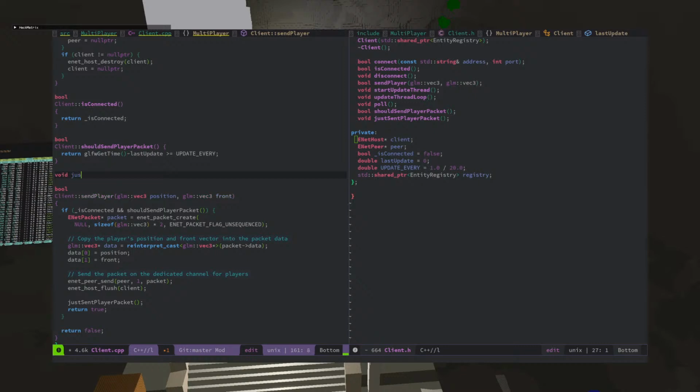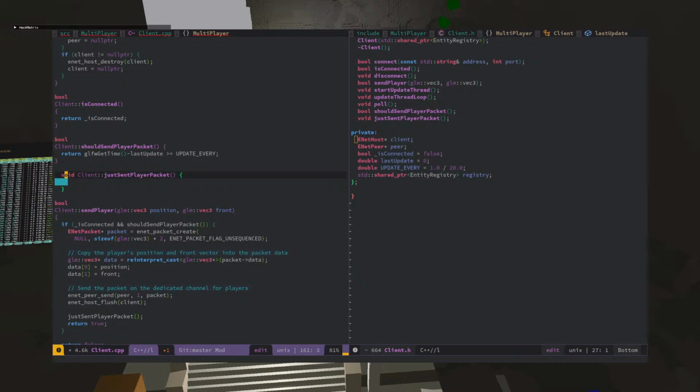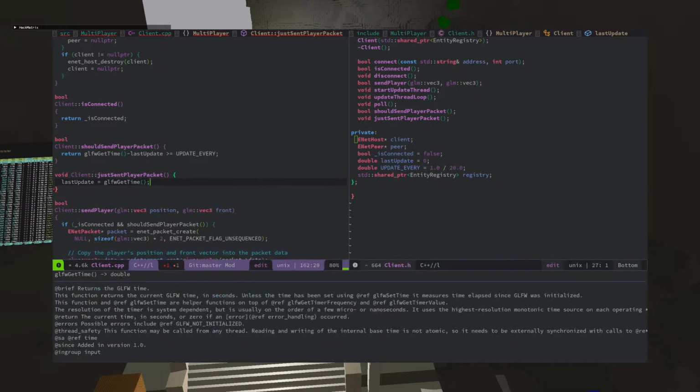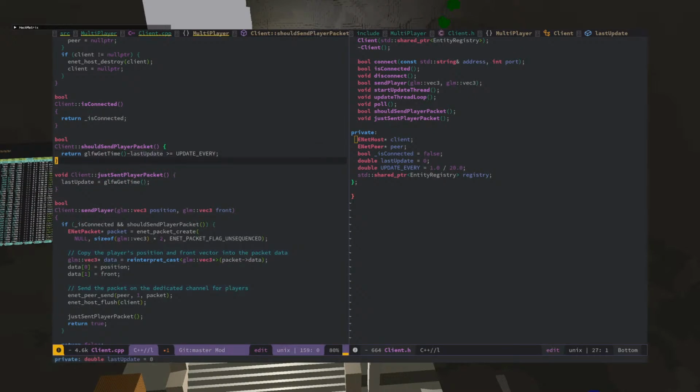So void client just sent player packet, and then I can just say last update is equal to glfw get time. I don't really care that this time and this time are slightly different.